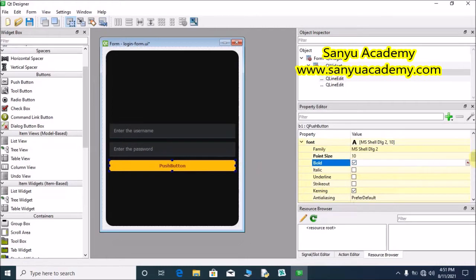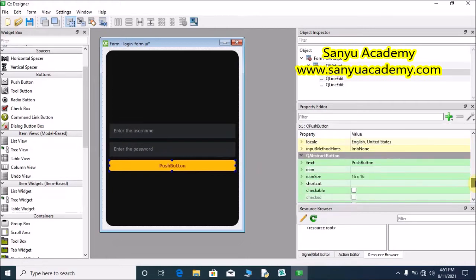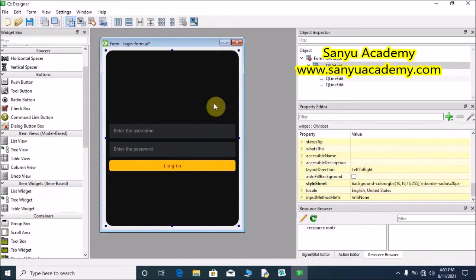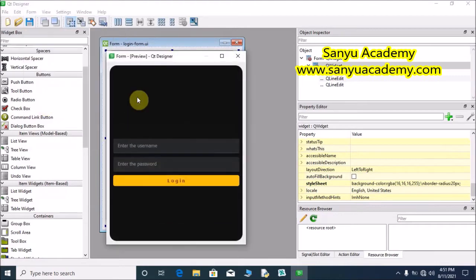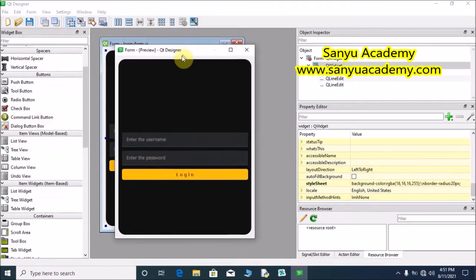Now we have to change the text for the button to login. Remove the text push button and type L O G I N. Now save the form. Form preview. Now we can see the login form completely.